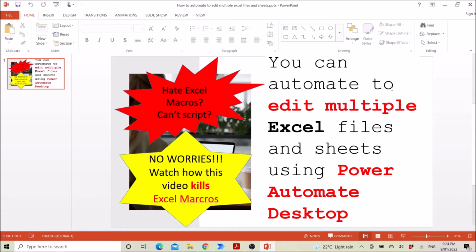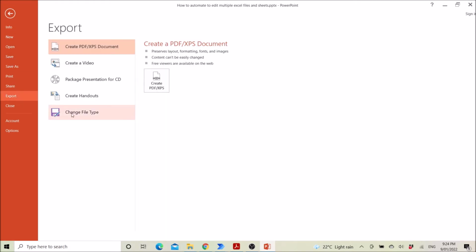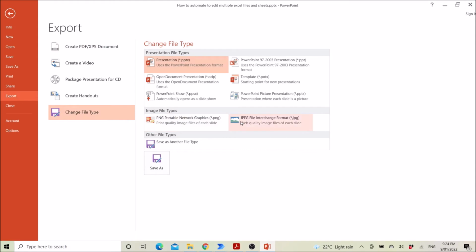So let's say you have created a PowerPoint presentation and you want to export or save it in JPEG. It's very easy. Go to File, go to Export, go to Change File Type, then click on JPEG File Interchange Format, then go to Save As,